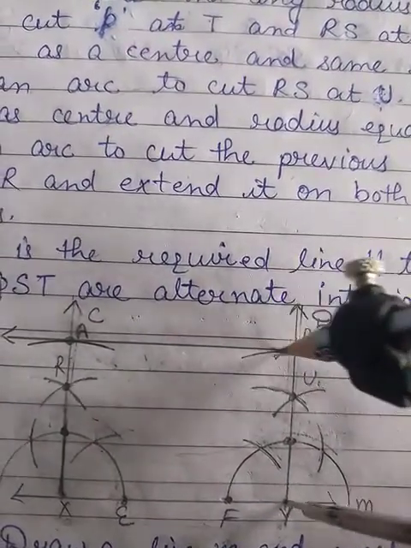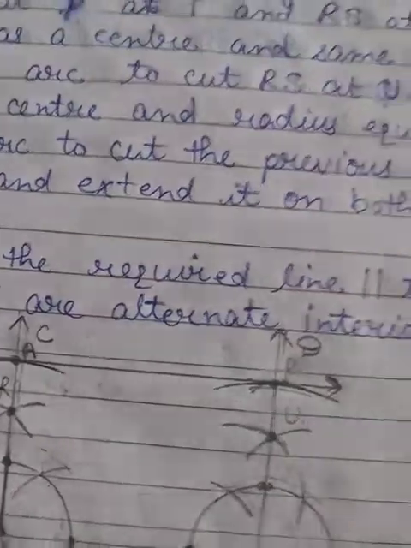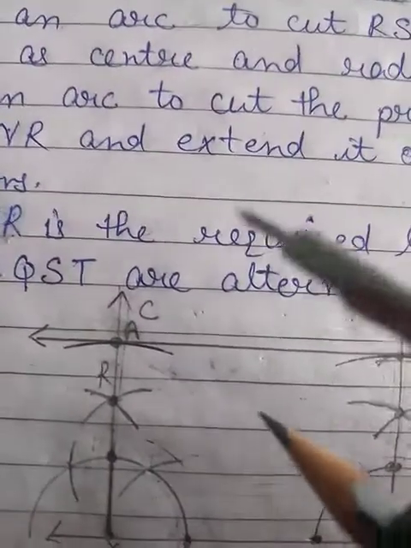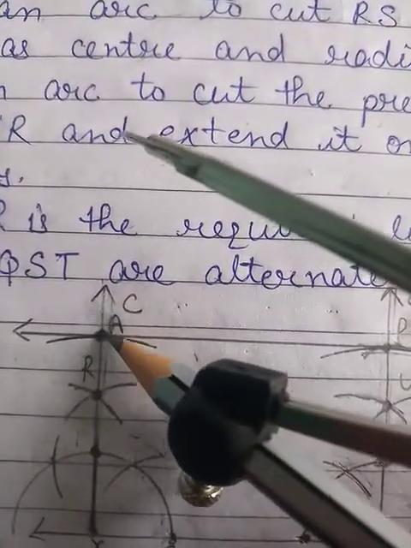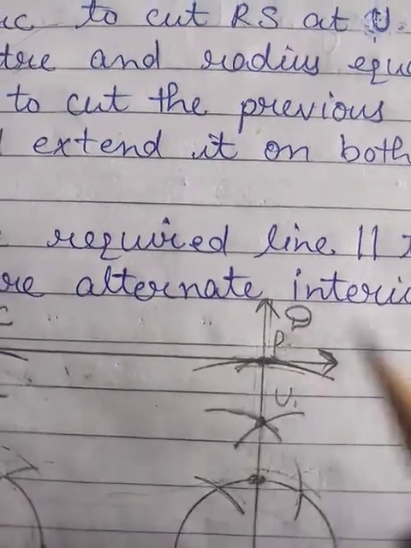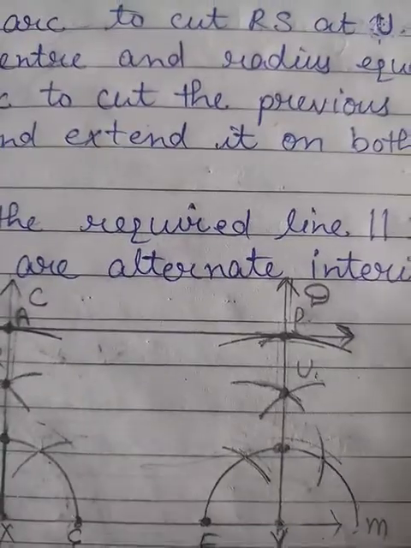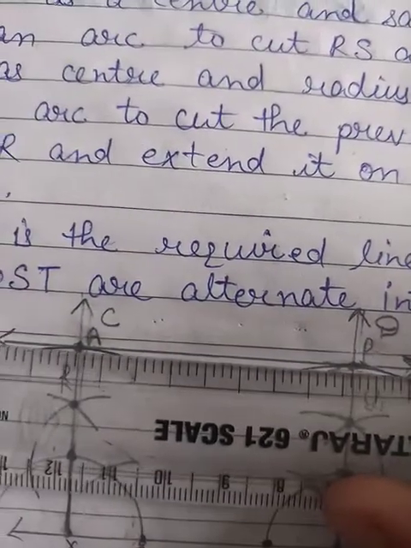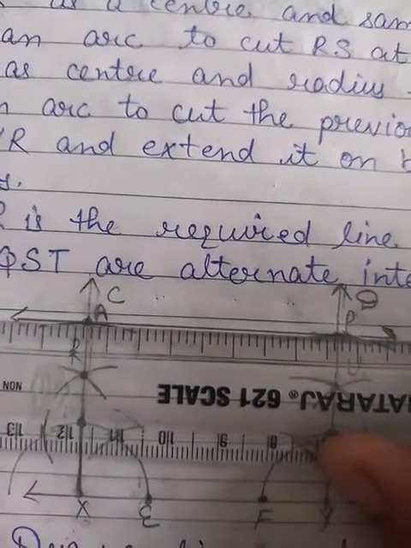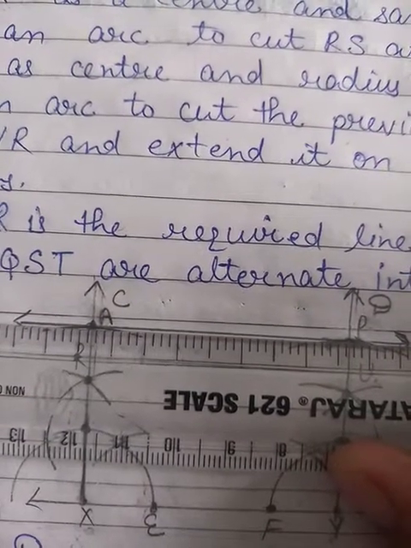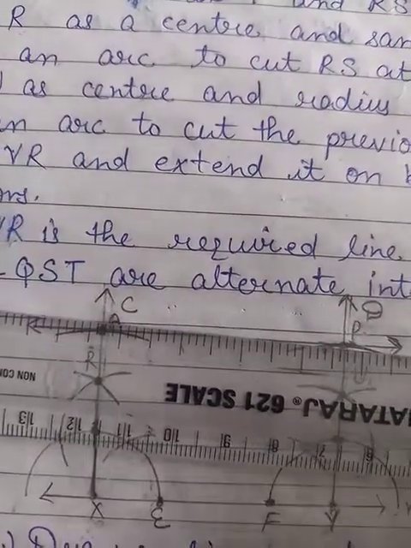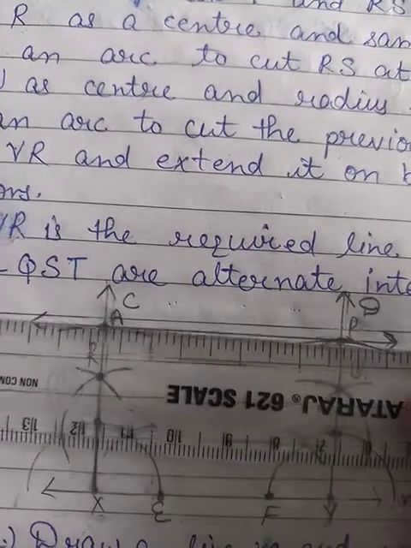Okay, now what I need to do, the name given here for the parallel line is A and P. So now the new point, this one, I mark at the distance of 3.5 centimeter, and this one at the 3.5 centimeter. I need to join these 2 points with each other with the help of a straight line. I will draw a line by passing through these 2 points, and I need to extend the line as well. Clear? So I will join the points A and P.